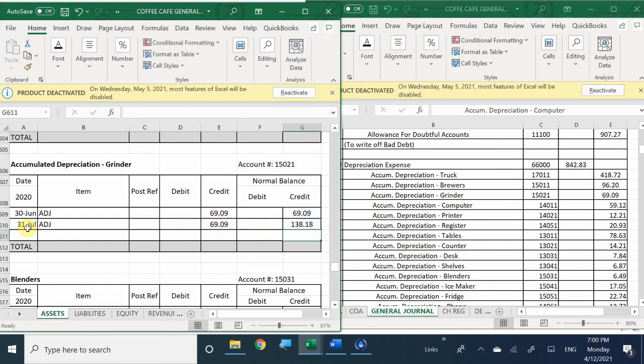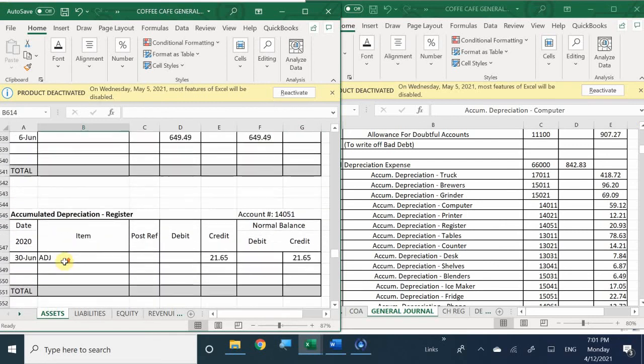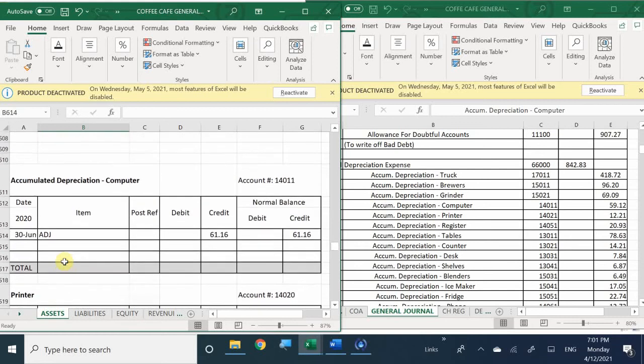Okay, to get a grand total of $138,918. Okay. So let's see what's next. We got our accumulated depreciation for the computer, printer, and register. So let's scroll up. All right, here we are, the computer. Accumulated depreciation for the computer,